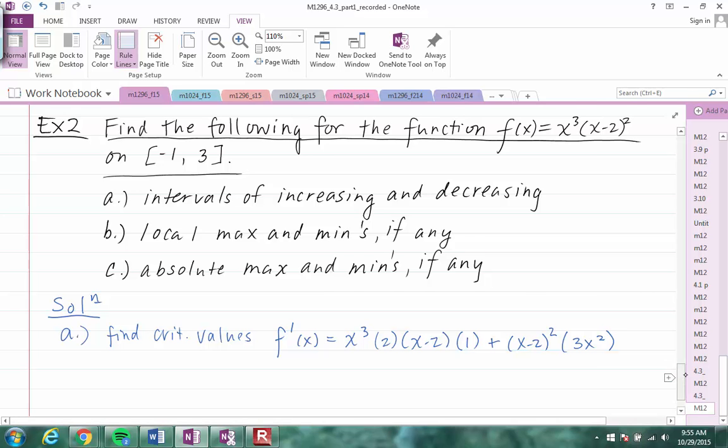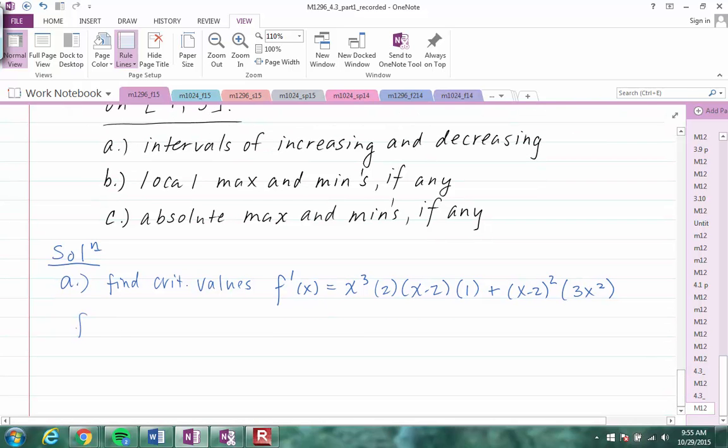So notice, I like to check where f prime of x does not exist first because it's easy to forget about it. It doesn't happen too often. So I like to take care of that first, or at least think about it. What we got here, we could distribute, but we have powers that are integers, and no negative exponents possible, where we'd have division by 0. What we got here is a polynomial,